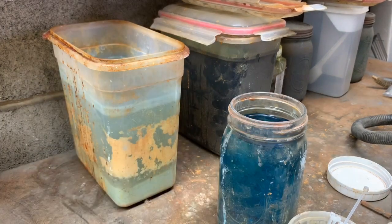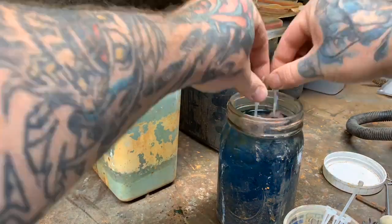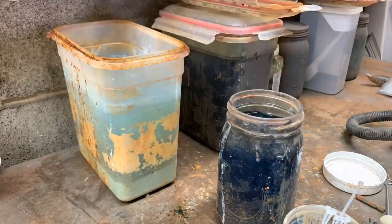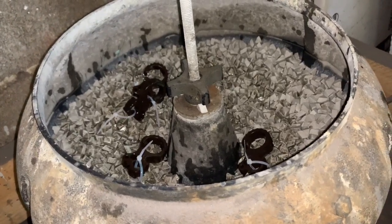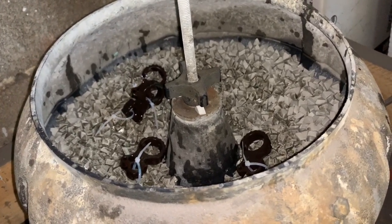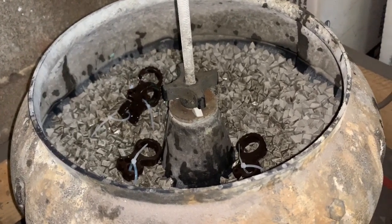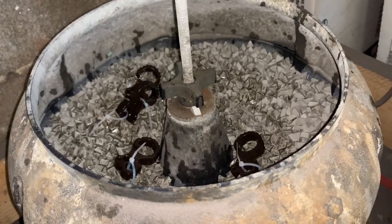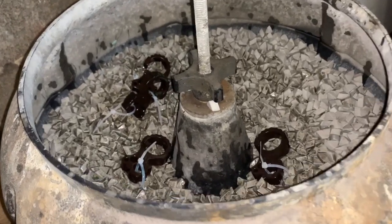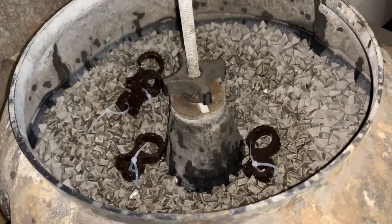I'll just do a quick little time lapse of this, and we'll continue. Okay, got these pieces in a tumbler here, and this is just a larger one from Harbor Freight. It's served me well. I know there's some bigger ones that are a few $100s or whatever, but this one's worked really well. I just have some basic ceramic media in there, a cup of water, some Dial soap,